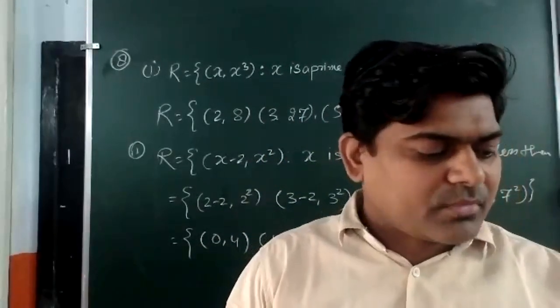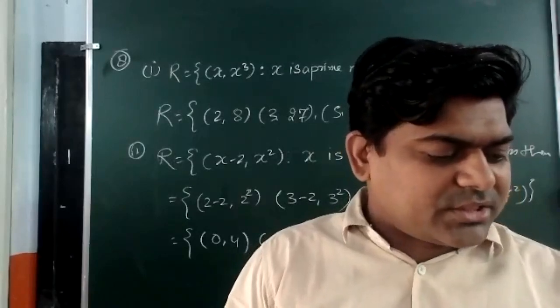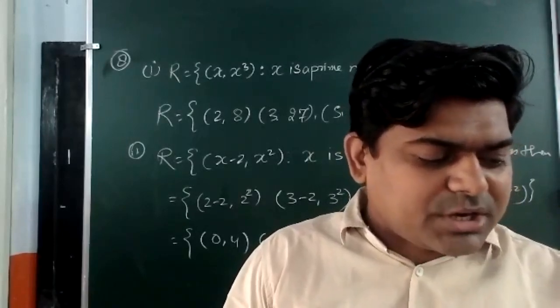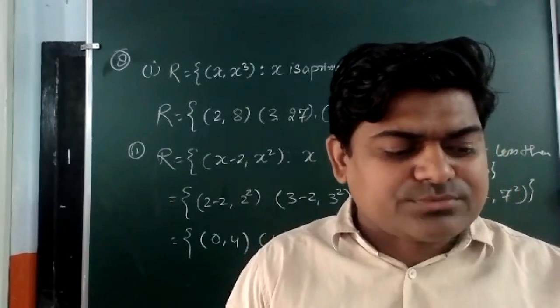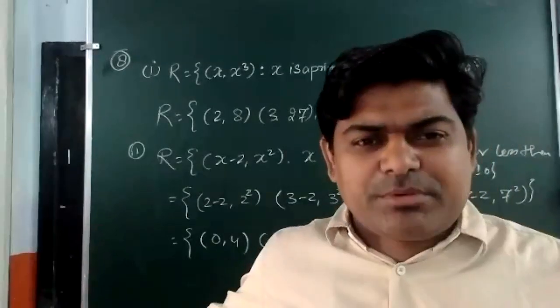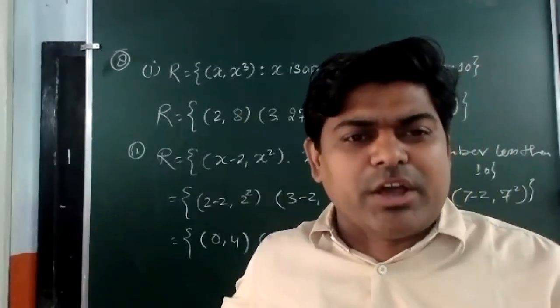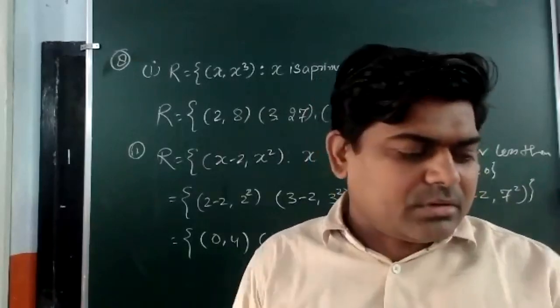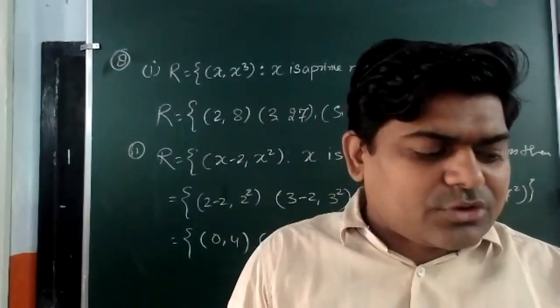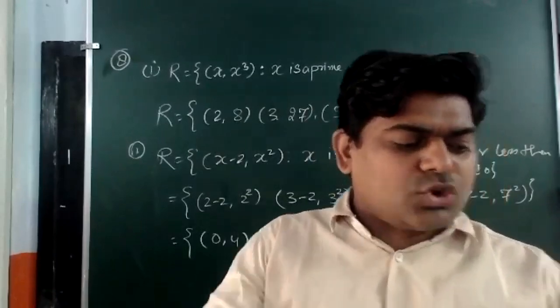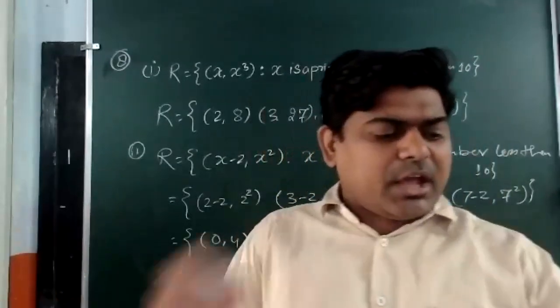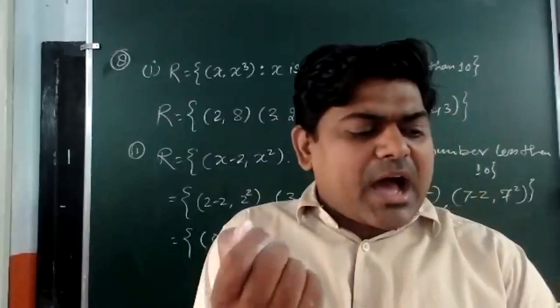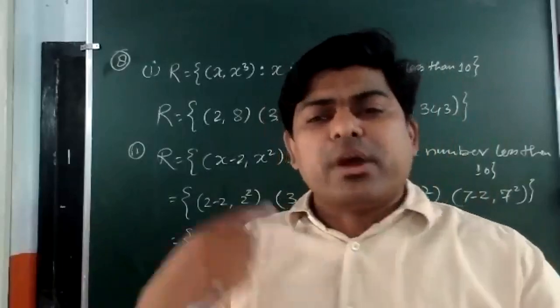Okay. Now move to question number 10. Ten is also easy. I think that R, the relation, is a factor of. So just now we have done that x is a factor of y. Question number 9 is R given in roster form, and I have to write the domain and range. You can write that, and then we have to write R in set builder form. We have to give the definition.